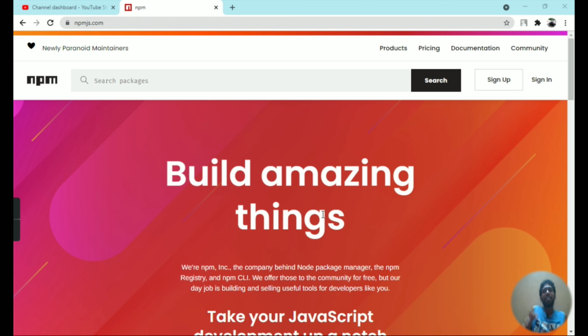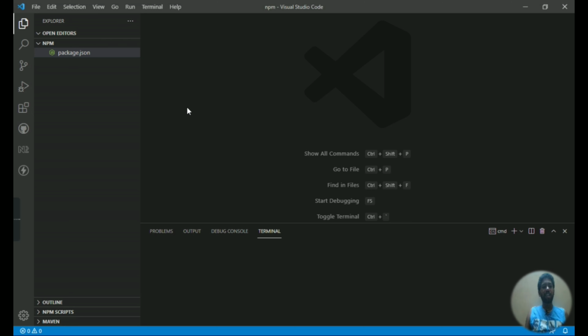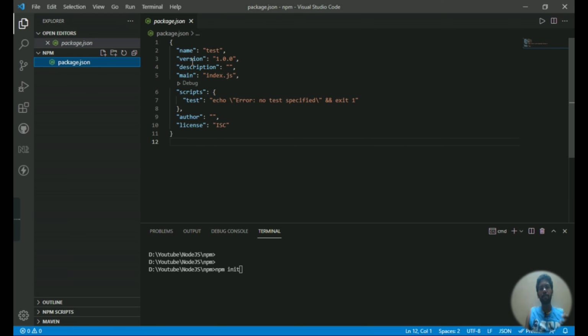Okay, what does this npm really do in node.js application? The answer to the question is that npm is the basic node package manager to create a node project. So let's see that in Visual Studio Code. Here it is, Visual Studio Code, and we have a terminal. Let me type npm init. This npm init command will initialize a new node.js project. Once it is initialized, we will have a package.json file which will have some basic information about the specific project, like name, version, and a couple of other things.